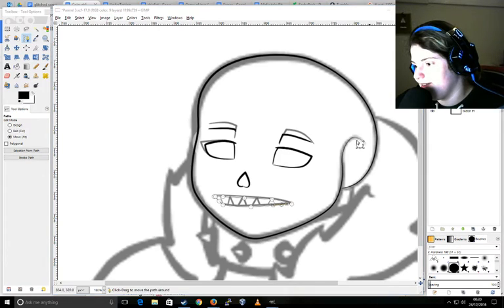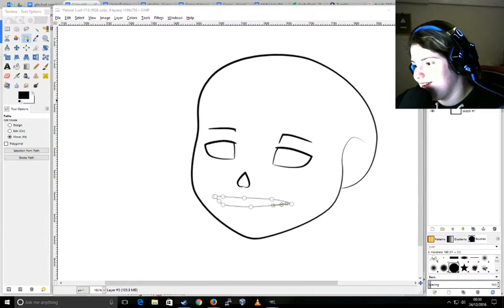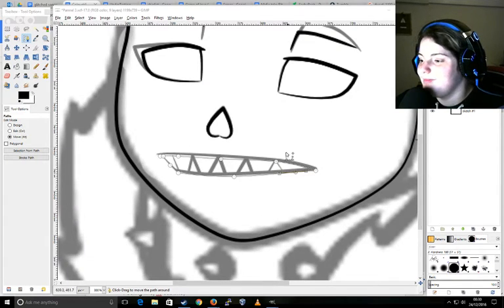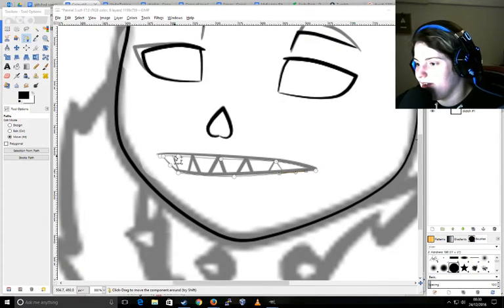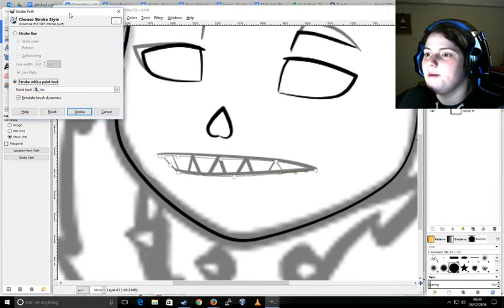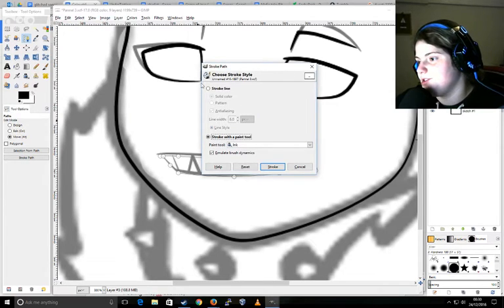There. Oh, that's almost right. Yeah, but there. And yeah, you basically just can move it around and that. And then you just got stroke path. Before you do the stroke path though,